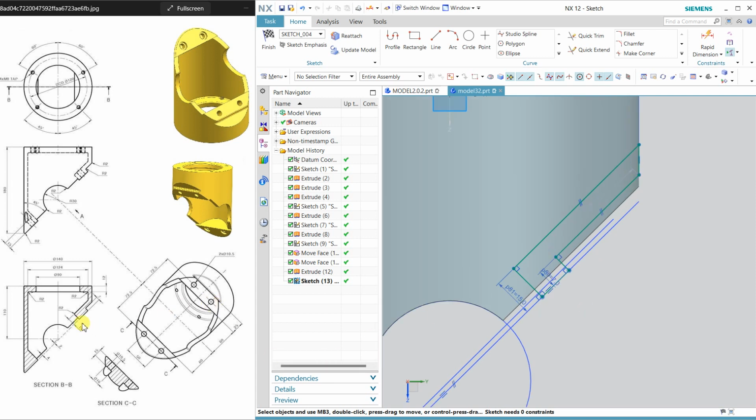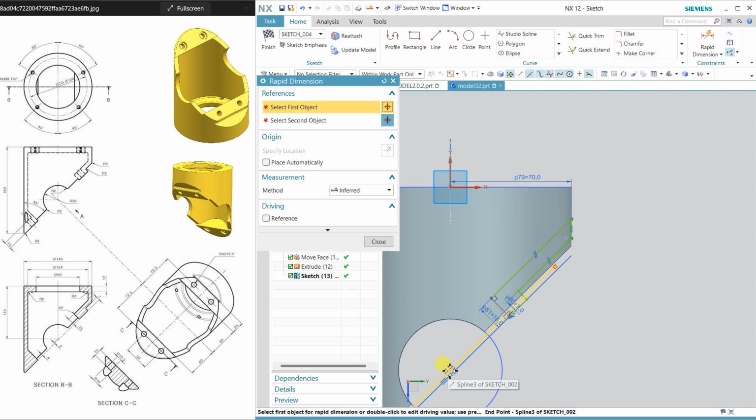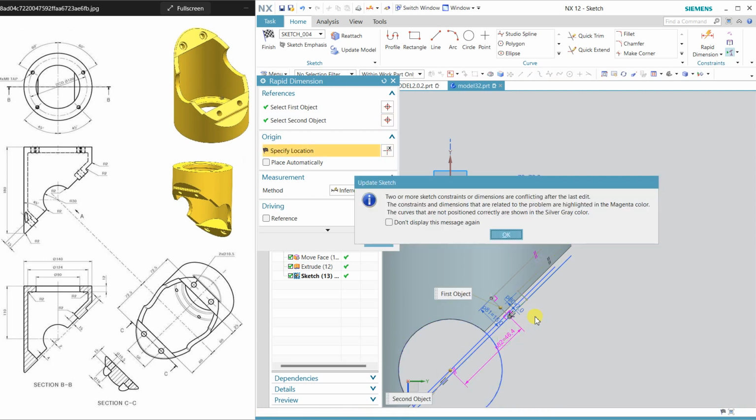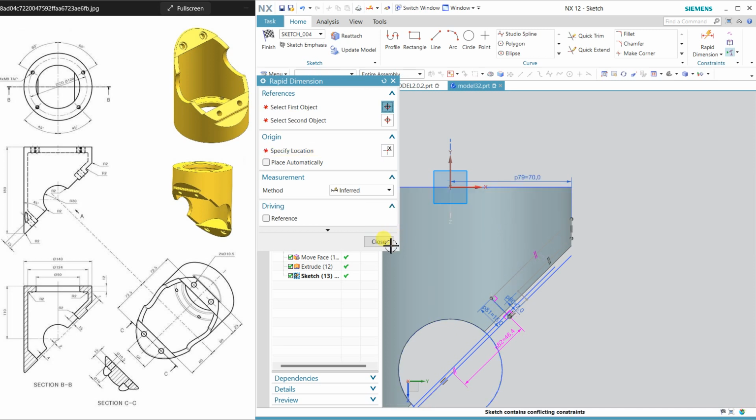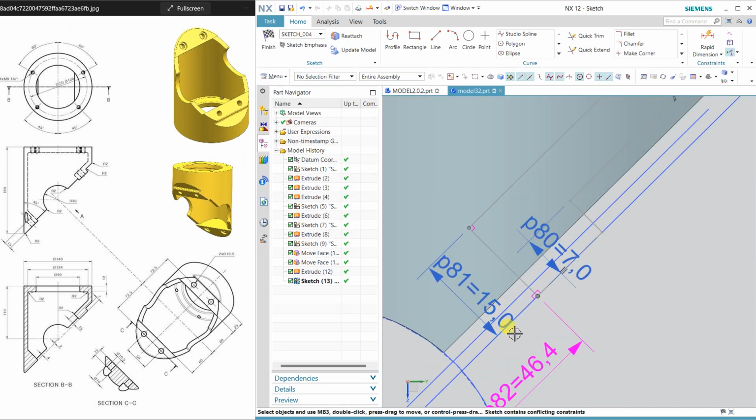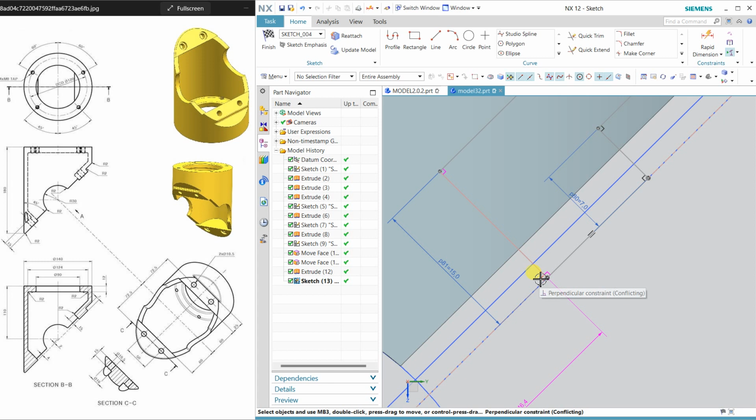Okay, and we have this upper line which is 60 from the center, so click, and the center to this line is 60. Just click OK and OK, and what is this, delete this, delete this.